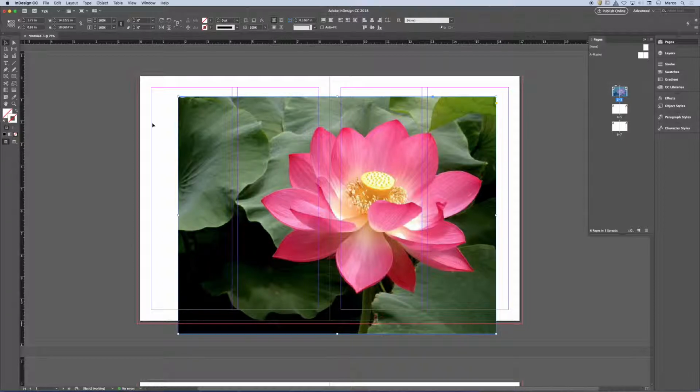How big do you think the frame is? What do you think? Any ideas? It's the exact same size as the image. So it looks at the image dimensions. Let's say it's 5 by 5, and it's going to make a frame 5 by 5, and it places the